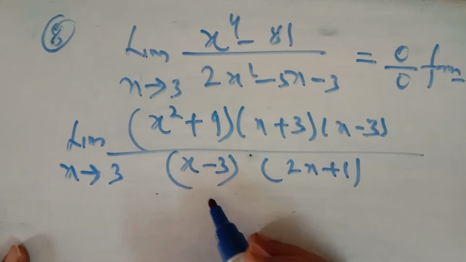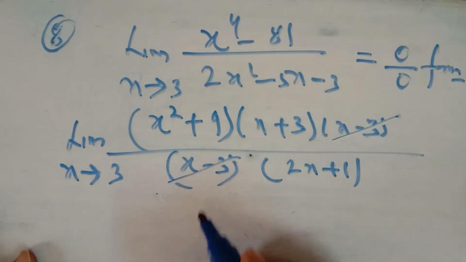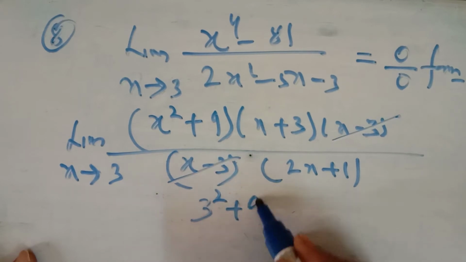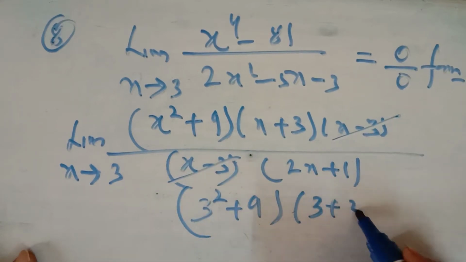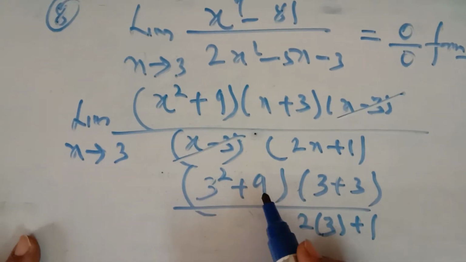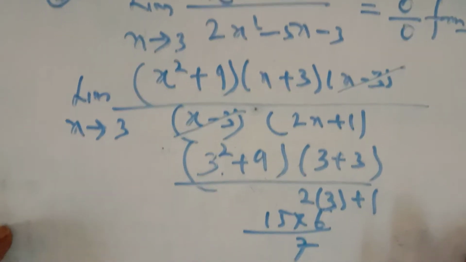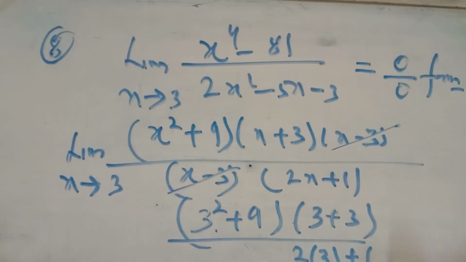Now you are getting 0 in the denominator because of this x minus 3. तो ये तो cancel हो ही रहा है इससे. So now you can put directly the value of x as 3 in the numerator as well as in the denominator. You will not get 0 upon 0 form now. So it is how much? 9 plus 6, 15. 15 into 6 upon 6 plus 1, 7. So this is the limit of this function. So you can use limits by factorization or by removing the 0 upon 0 form, either by factorization or by using the algebraic identities.